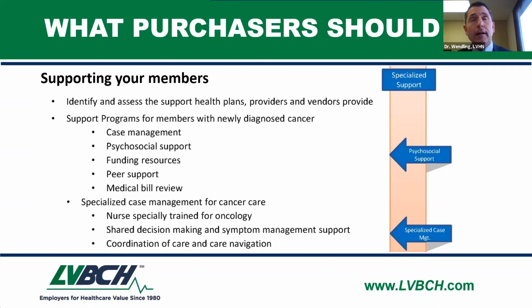Yeah, so a couple things about cancer-related case management. This is likely the highest specialized form of case management that we have, and most cancer providers, provider networks like St. Luke's and Lehigh Valley, have care navigators that are part of the team that works with the patients. So really, they get to know these people really, really well, and they're almost like with them on their entire